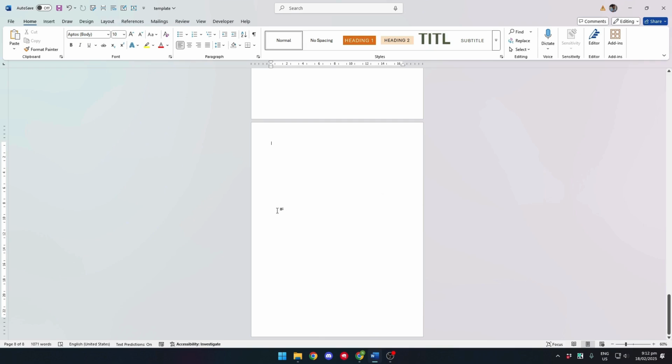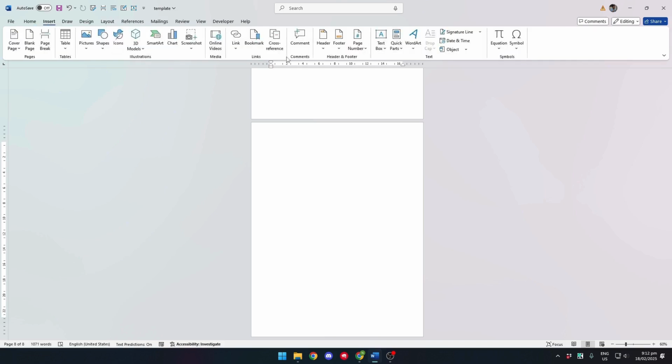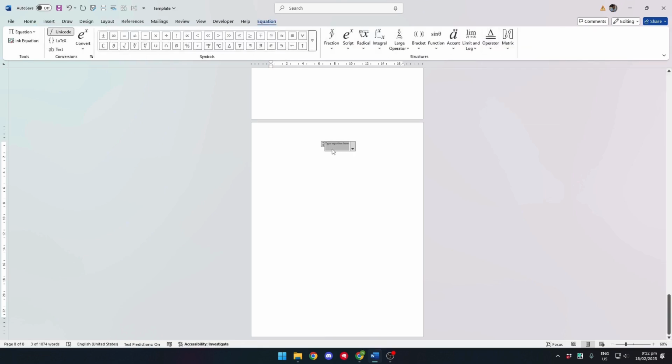However, you'll find that you can't directly type it in or have the format to do so. Luckily, Microsoft Word has solutions to this problem. What we can do is head on over to the Insert tab. Now right here, click on Equation, and that will open up this field within your document where you can manually